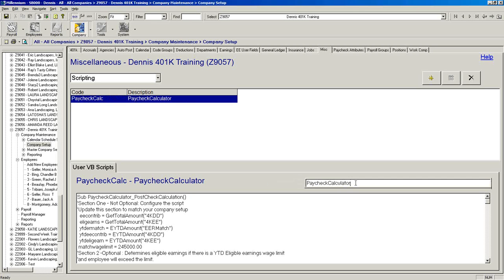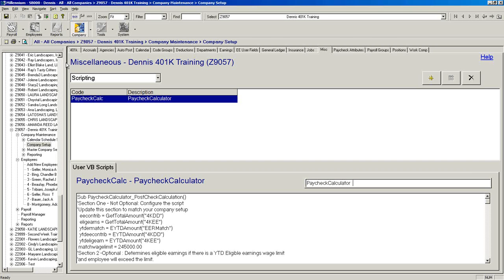If it says paycheck calculator for 401k match, it says something else over here. If it says paycheck calculator, that's what has to be here. Any other exceptions will cause it to not work properly.